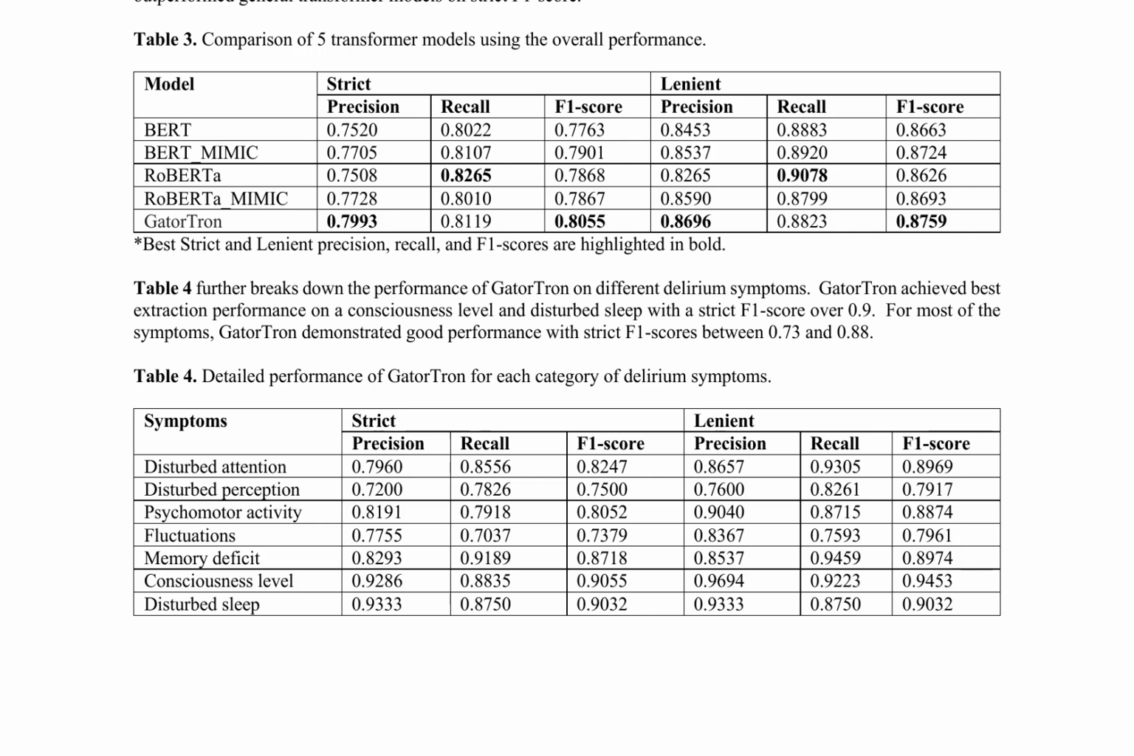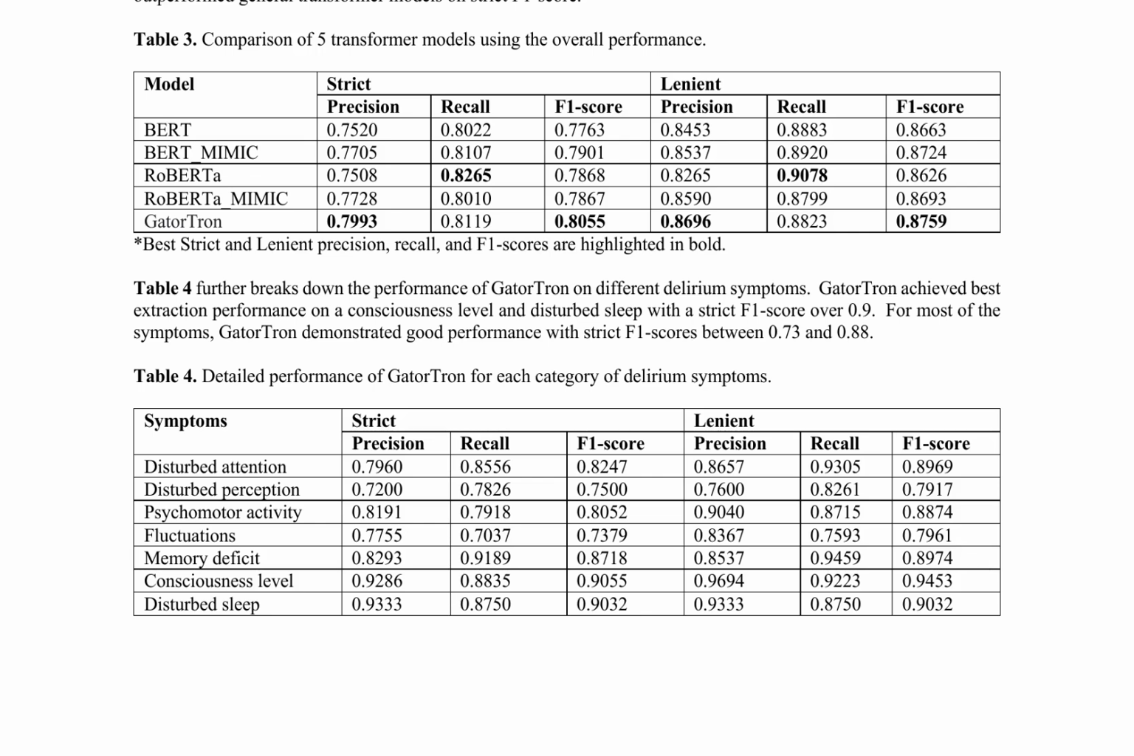It achieves excellent extraction performance on consciousness level and disturbed sleep with strict F1 scores above 0.9. For most symptoms, Gatortron demonstrates good performance with strict F1 scores between 0.73 and 0.88. Overall, the results suggest that Gatortron is the most effective model for delirium symptom extraction, particularly for consciousness level and